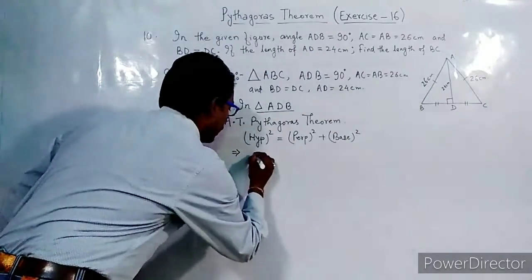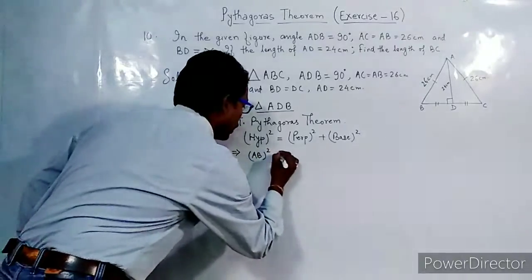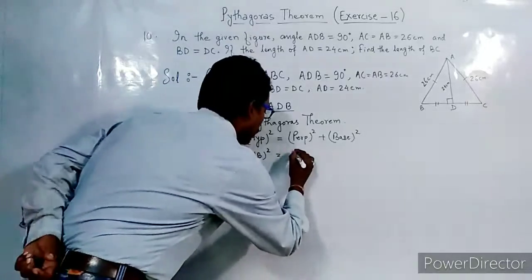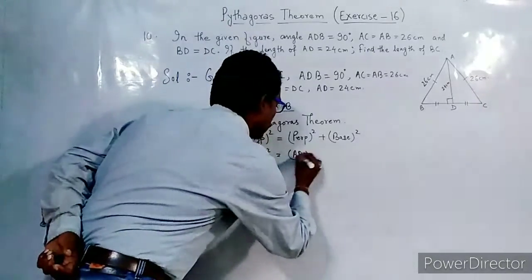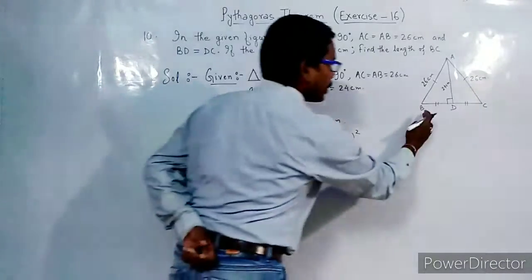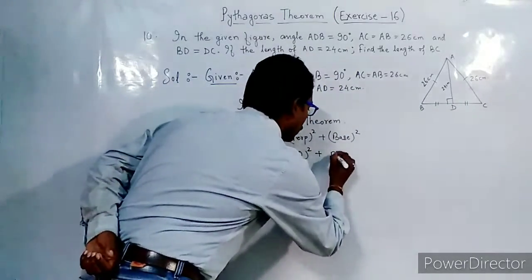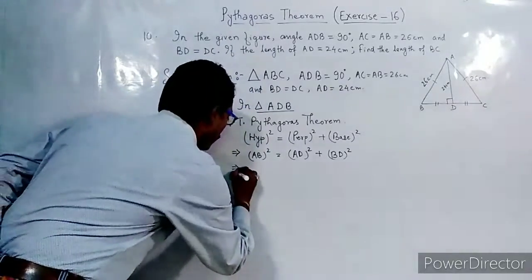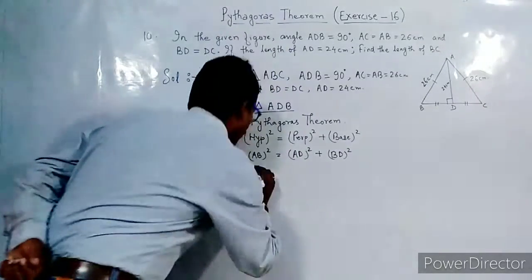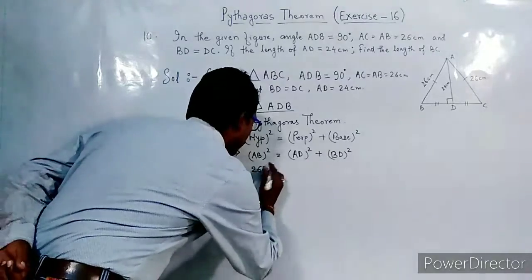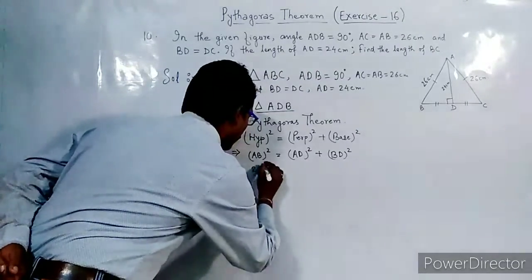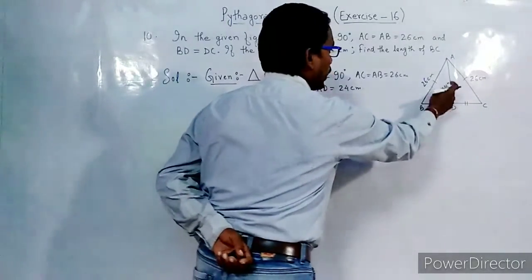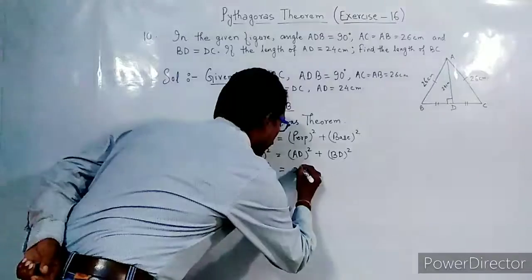So we will write AB square equals perpendicular, which is AD, so AD square plus base is BD, so BD square. Now we will write the values. AB is 26, so 26 square equals AD, which here is 24, so 24 square